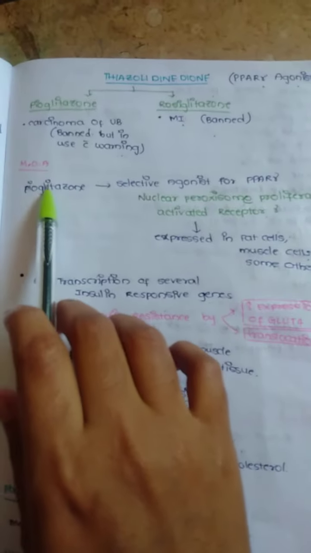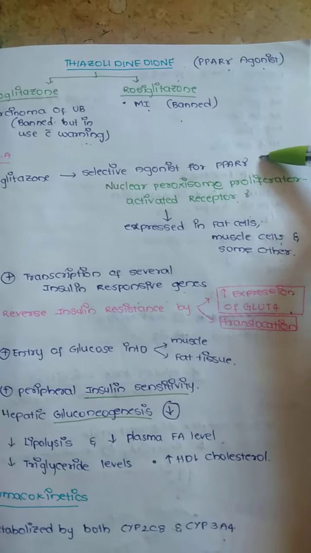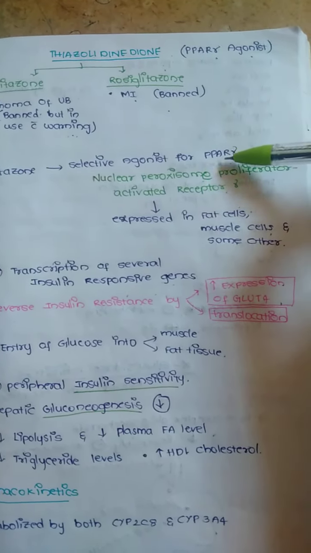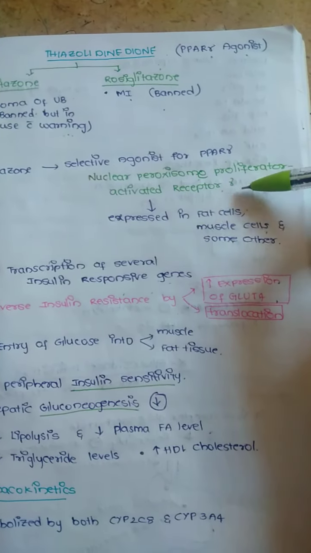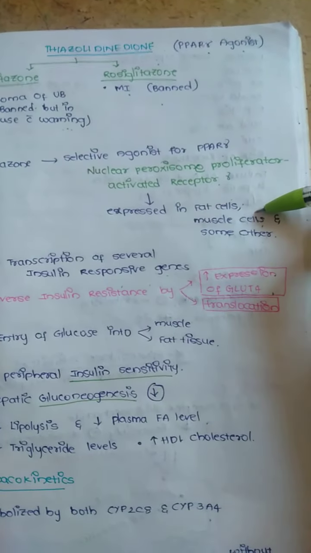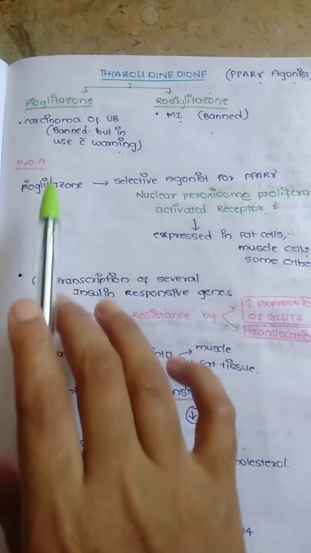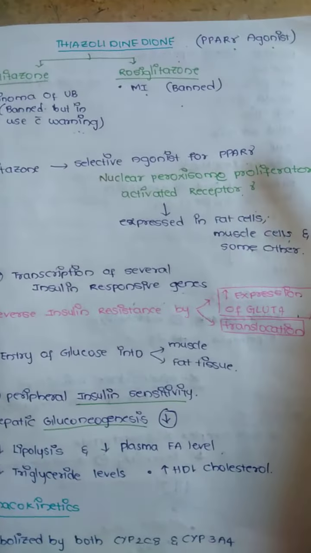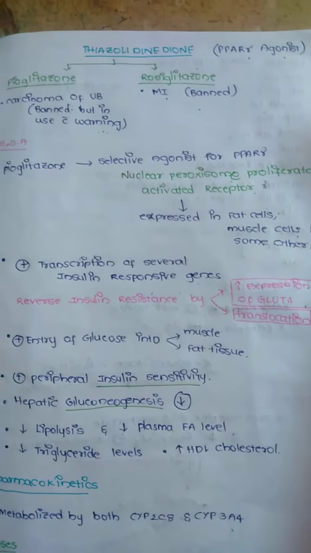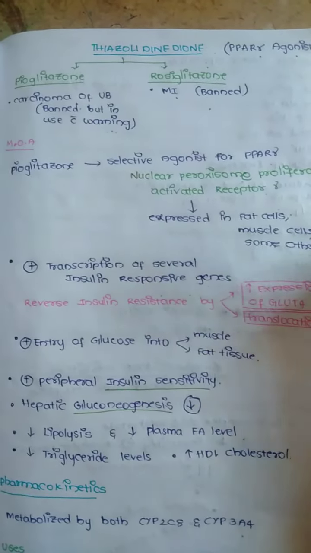The mechanism of pioglitazone. Pioglitazone is a selective agonist for PPAR gamma. What is PPAR gamma? It is the nuclear peroxisome proliferator activated receptor gamma. It is expressed in fat cells, muscle cells and some other types of cells. What is the mechanism of action of pioglitazone? It is the selective agonist of PPAR gamma, which is expressed in fat cells, muscle cells and some other types of cells. By this expression, it increases the transcription of several insulin responsive genes,